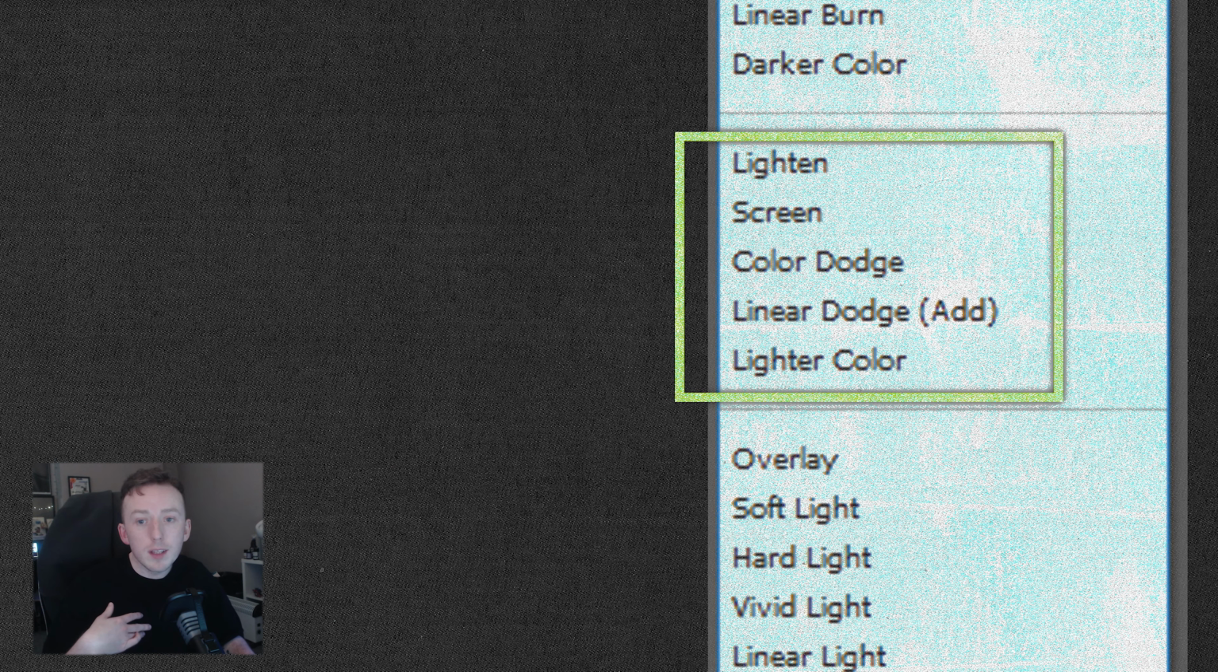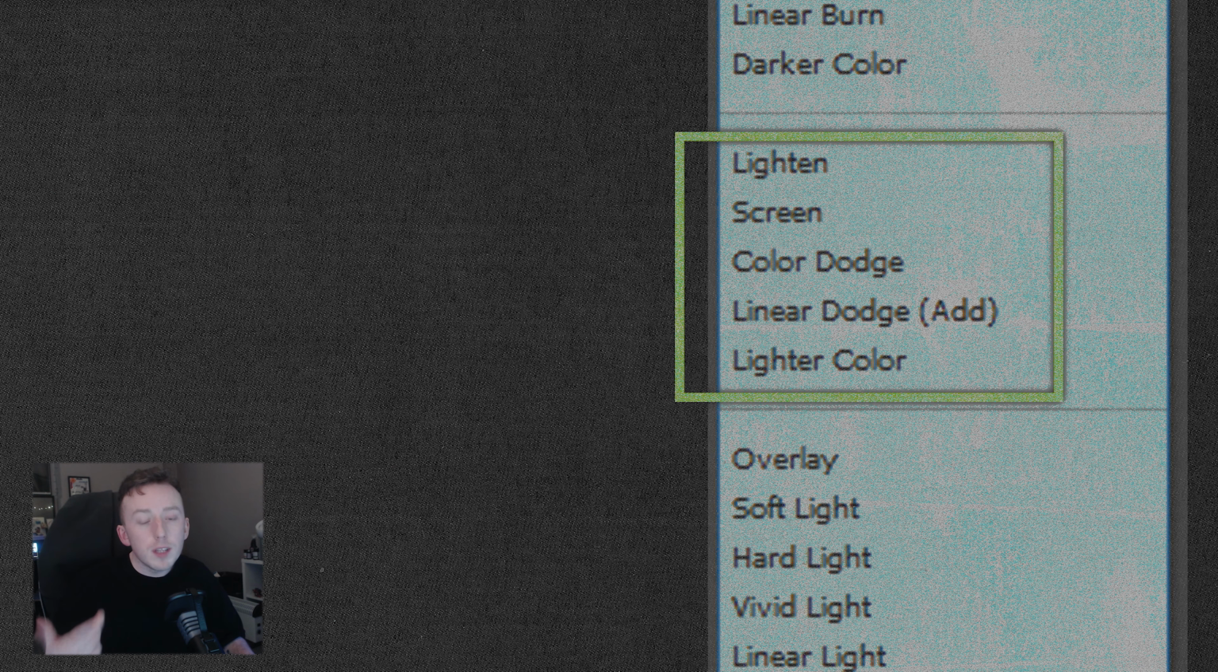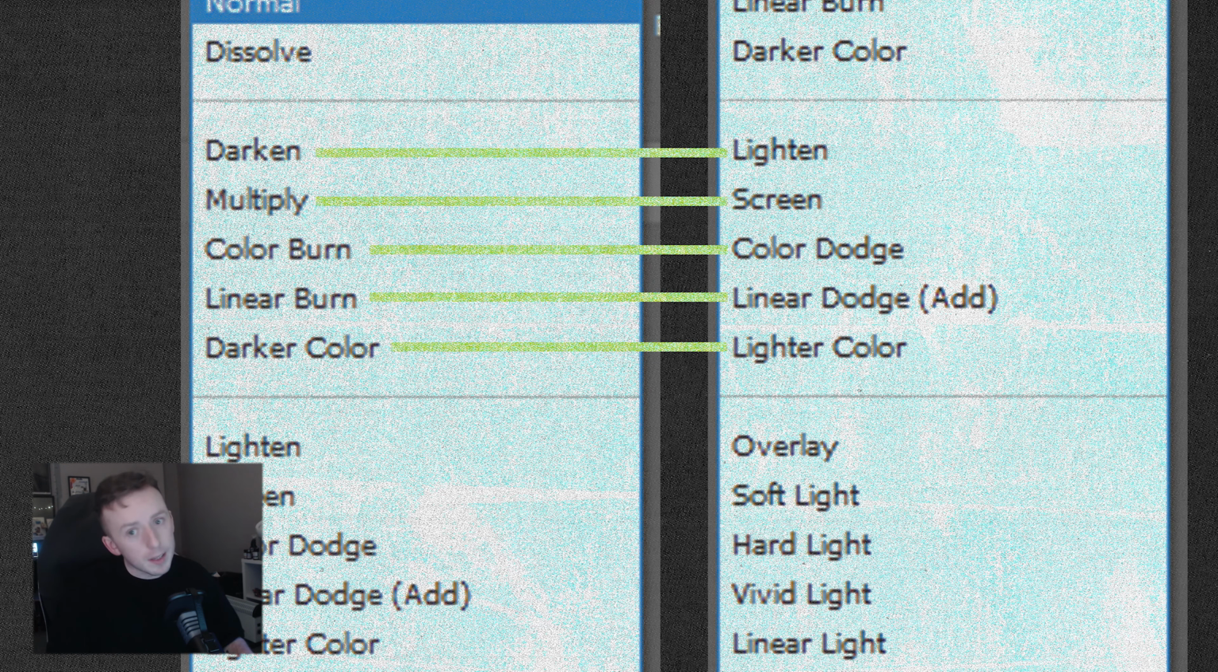Below that you have the lighten blend mode section, so lighten, screen, color dodge, linear dodge, and lighter color. Bear in mind for later in the video that there are 5 darken blend modes and 5 lighten blend modes, and they are all the exact opposite of each other. I'll go over this later in the video in more detail, but if you have a really bright image